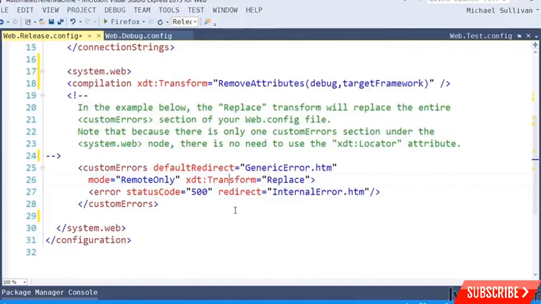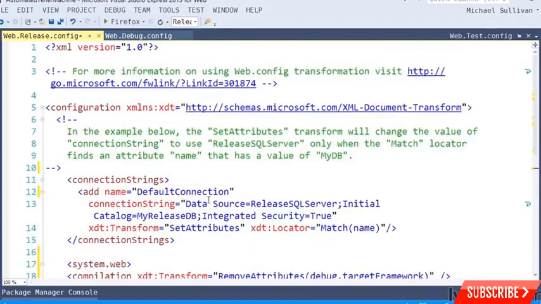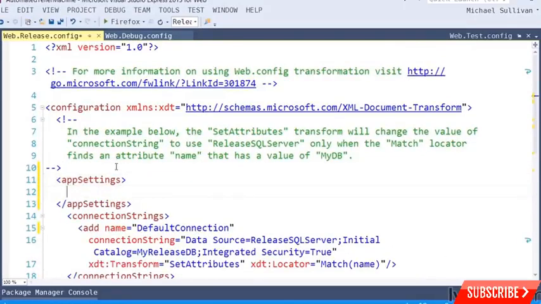The values for locator and transform can get a lot more complicated than this. For example, match can work with XPath expressions and conditions, and transform can insert elements before or after other elements. Let's actually go ahead and add one more element using insert. So this will be an appSettings element. The appSettings element is a child of configuration. And let's add a key for an SMTP server, which will be